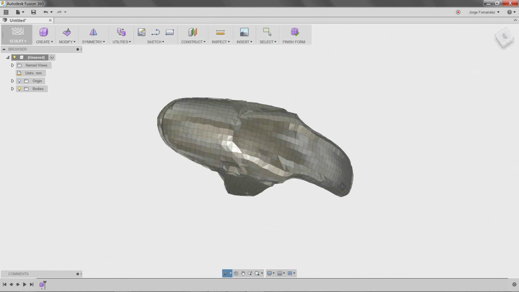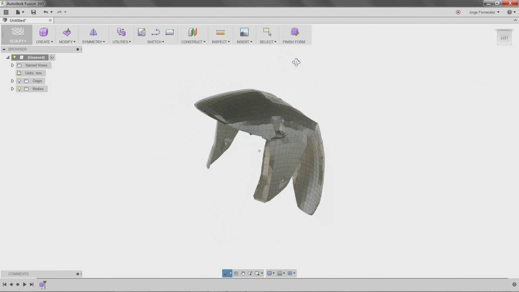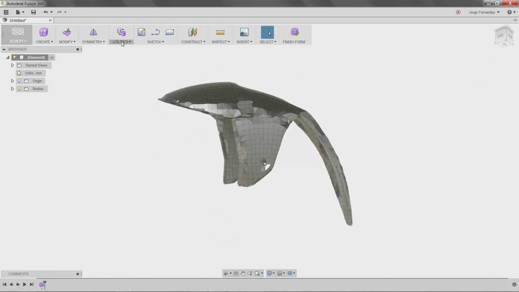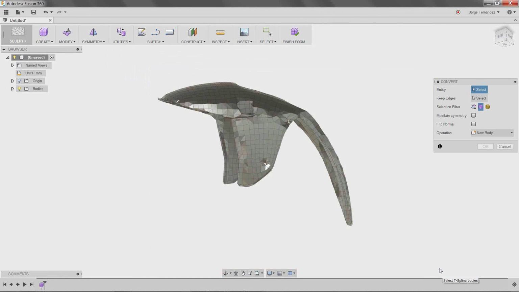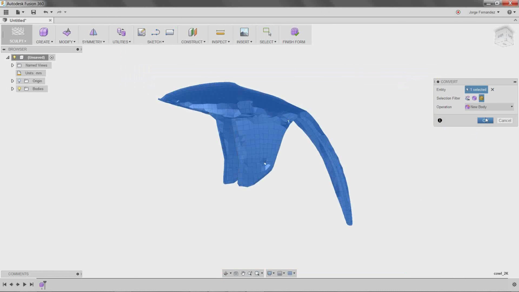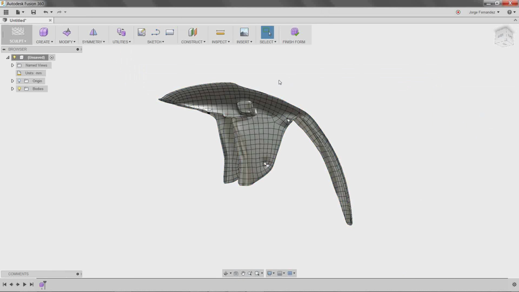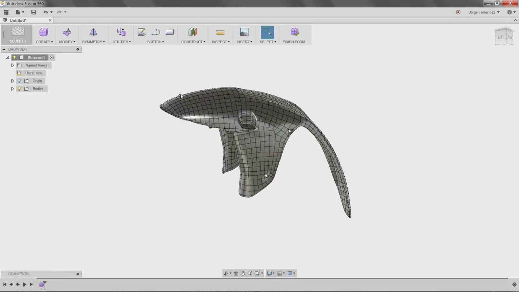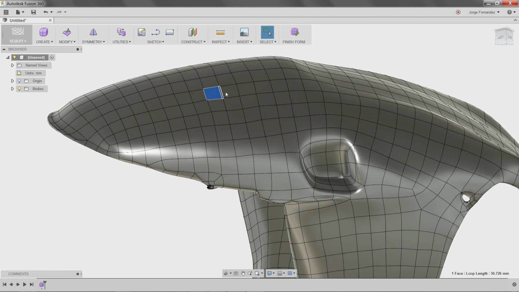And very quickly, we now have a model we can actually use. There's one more thing we need to do in order to do that, and that's coming over here and saying that I want to go to my utilities and actually convert this entire mesh. And so we're harnessing the power of the cloud here to get us T-spline information that we can actually model. So you see here, it was able to subdivide this entire thing,